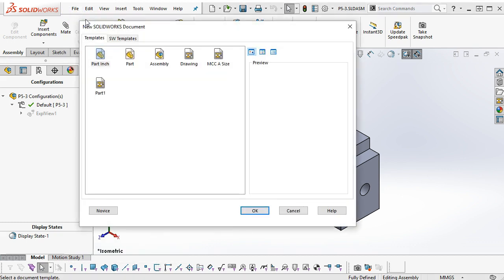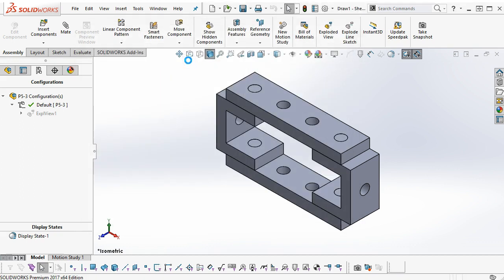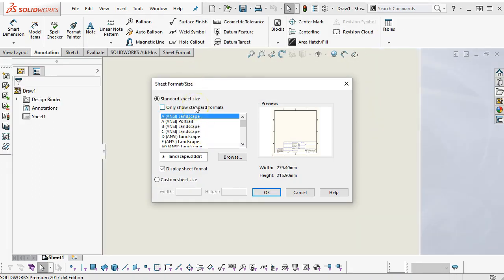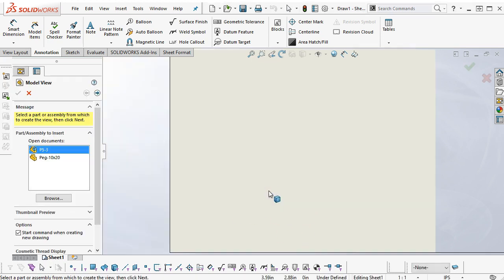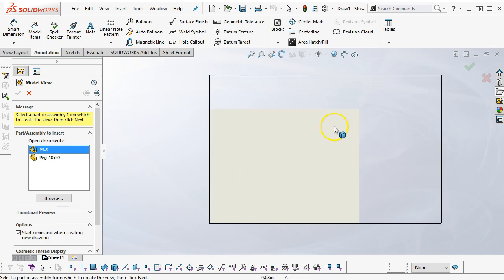All right, going into the drawing then. At least to begin with, let's pick a standard drawing. It's going to come up with the sheet format and size. Because of the mechanics, all of the associativity, file properties coming over, at least initially I'm going to recommend that you go to a custom sheet size, and the width will be 11 inches by 8.5 inches tall, and we'll go ahead and hit OK. It's going to create a blank sheet,